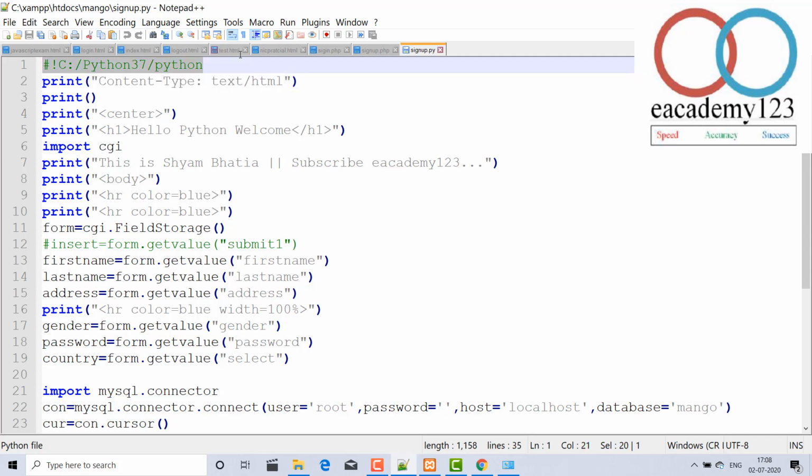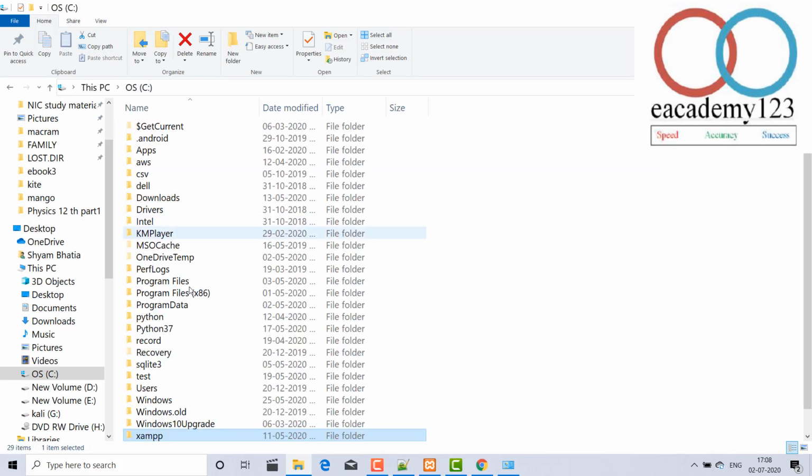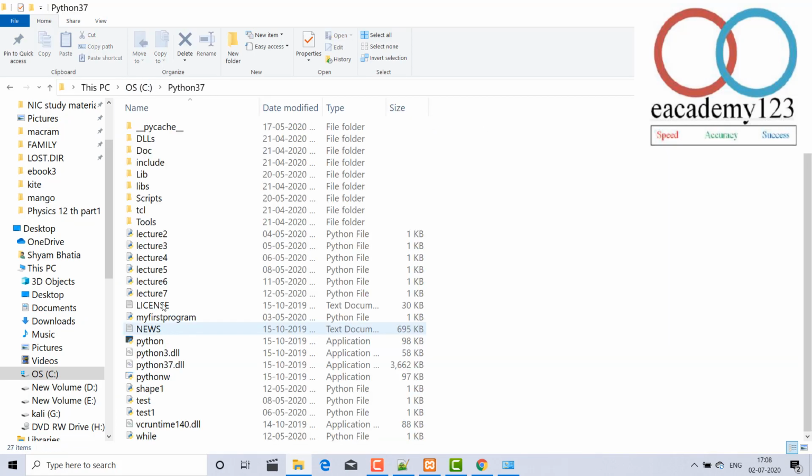First line: go to the C directory, go to XAMPP, go to the C directory, and where Python is installed, copy that. In your case it may be C, AppData, Local, Programs, whatever it may be, so you have to copy all of that file location.